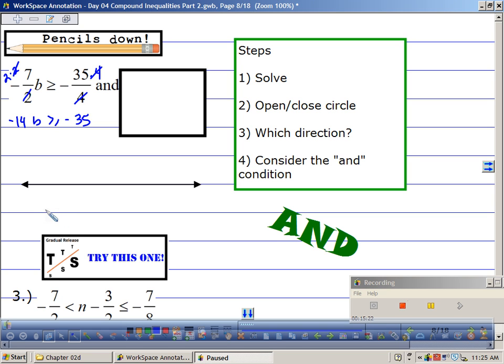All right, now what? Yes. Divide both sides by negative 14. What happens when I divide by a negative like that? My sign switches to greater than or equal to. So now I have b is greater than or equal to, isn't that 7 times 5, and this is 7 times 2? So I have, and this is a negative over negative, so 5 halves. Now, if you can't figure out what 5 halves looks like,